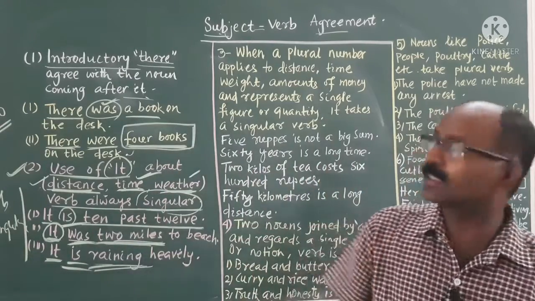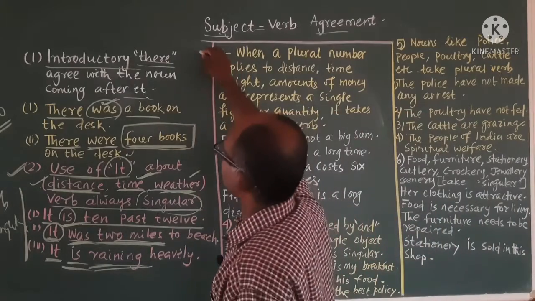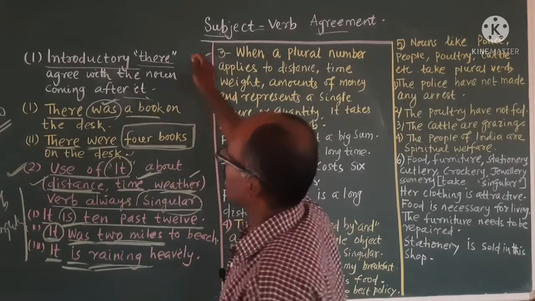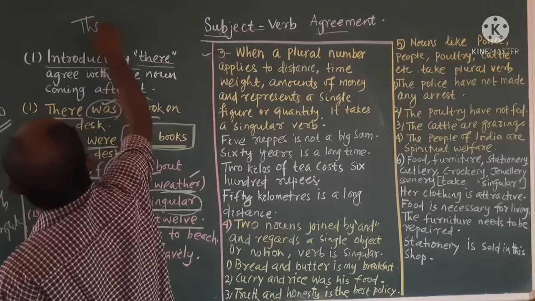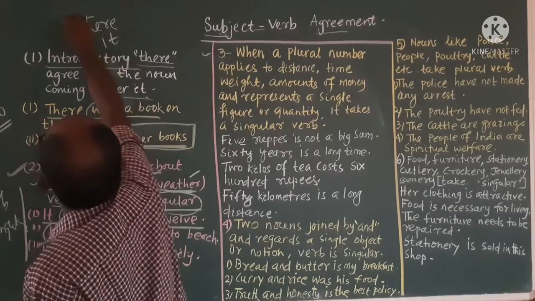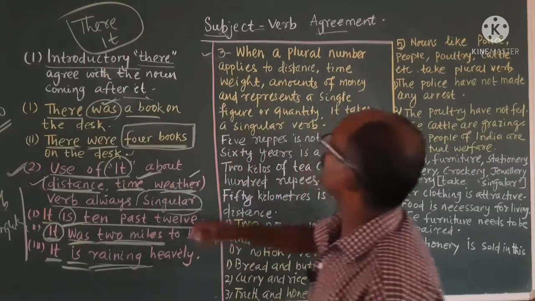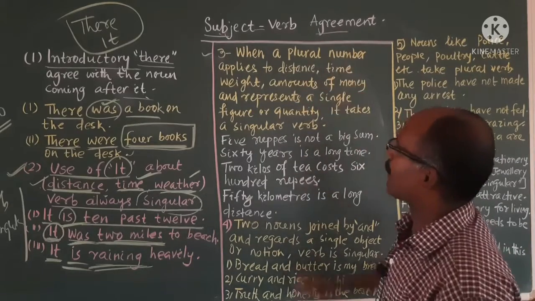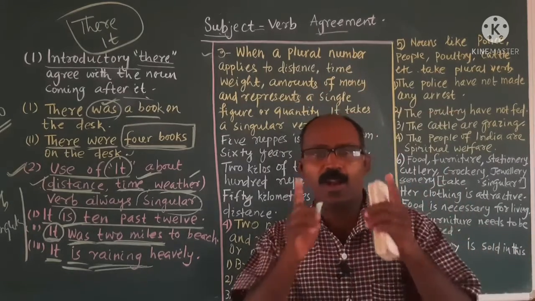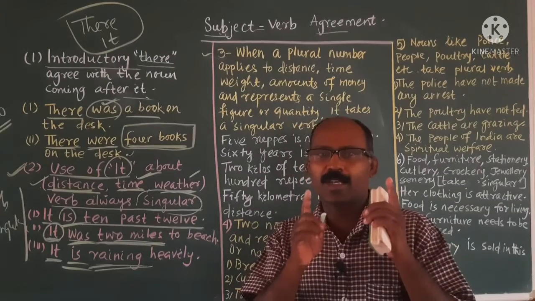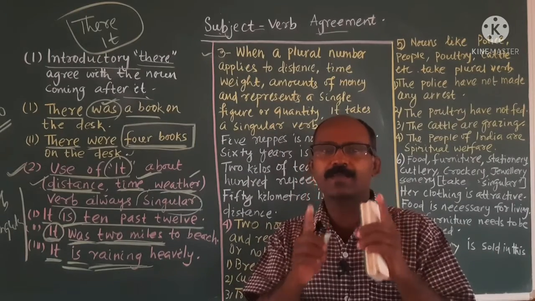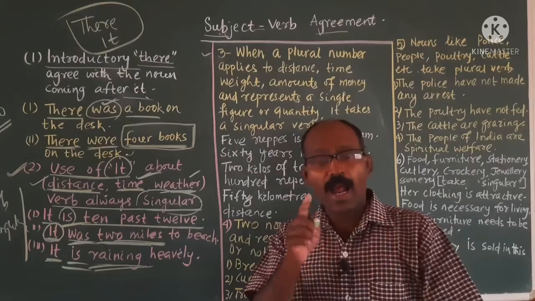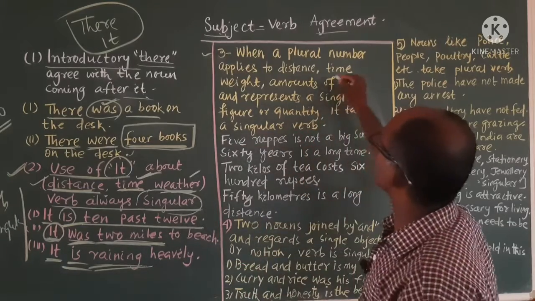Then a very important thing comes: number 3. Number 1 is there, number 2 is completed. Then come to number 3. When a plural number applies to a distance, plural number. Okay, it seems like a plural. And it is applied to whom? The distance,